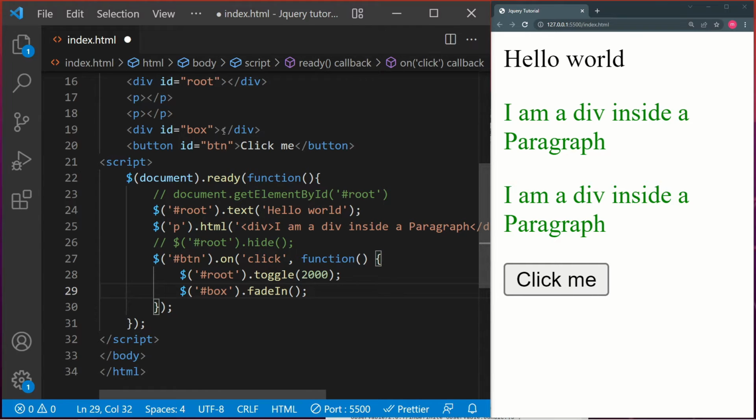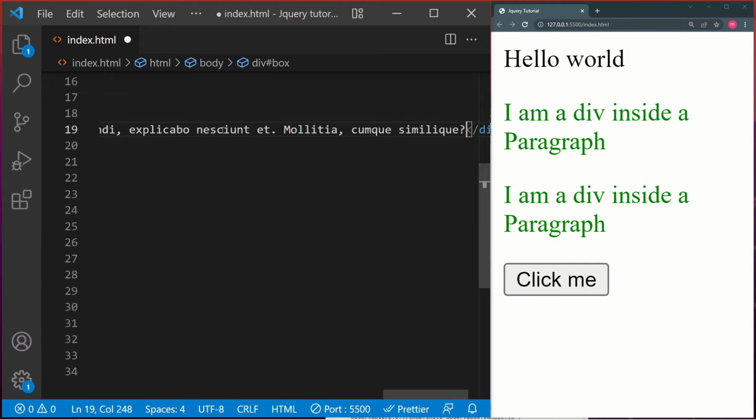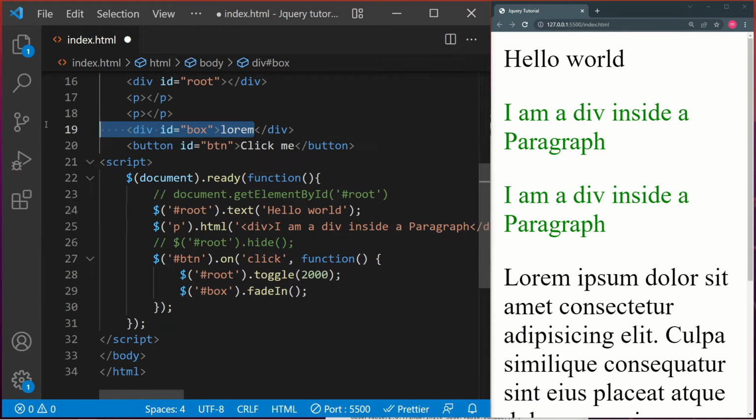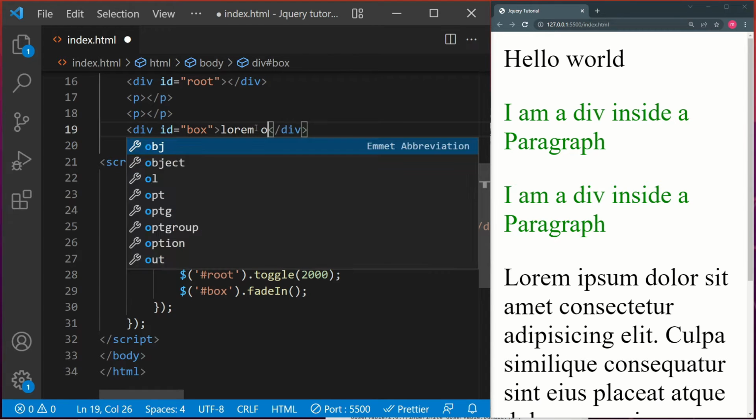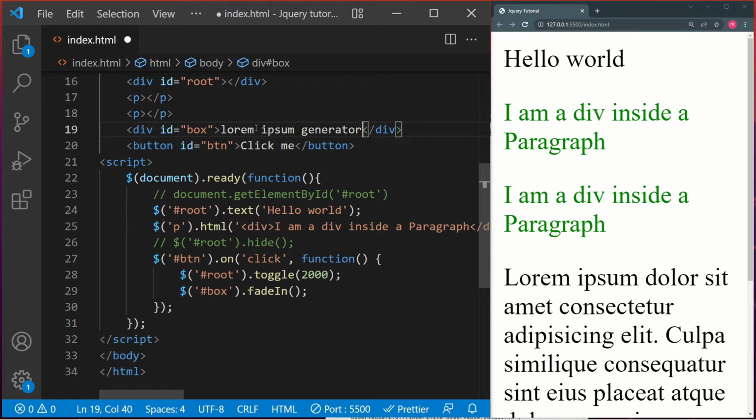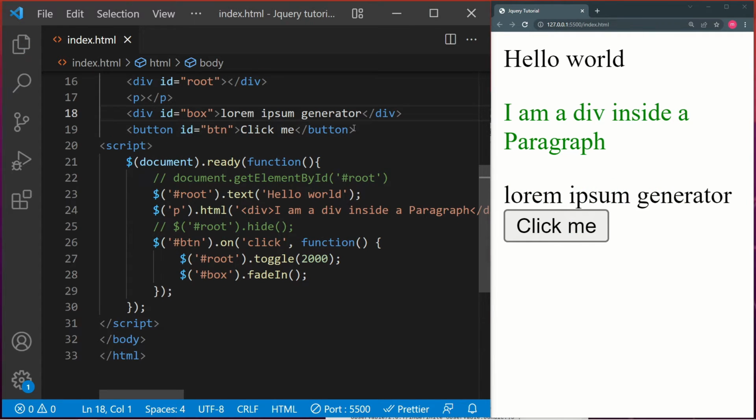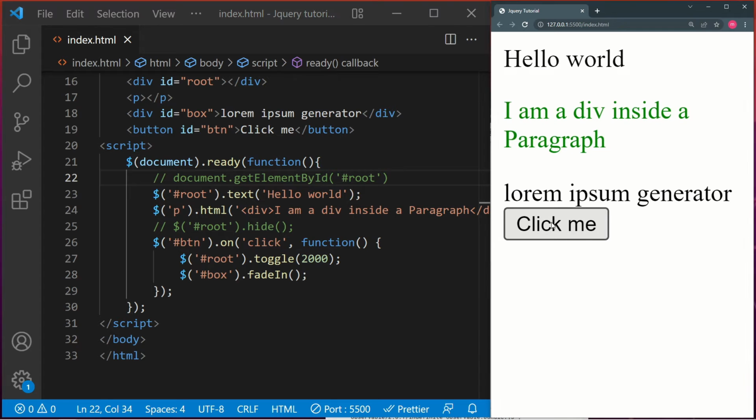But before we do that, I'm gonna add some text. Lorem ipsum. Okay, I'm not gonna add so big text. It was a bit too big. Lorem ipsum generator. Yeah, whatever. I'm just writing something. So here is our box. I'm also gonna remove this paragraph. It's needless here, we have already one root paragraph box button. Okay, so save, click,